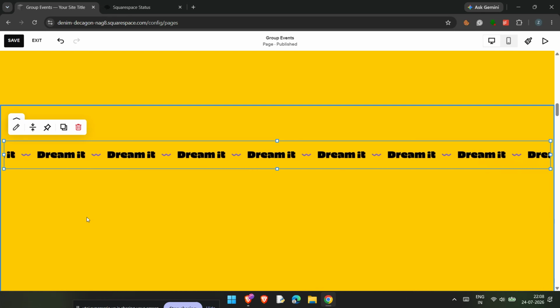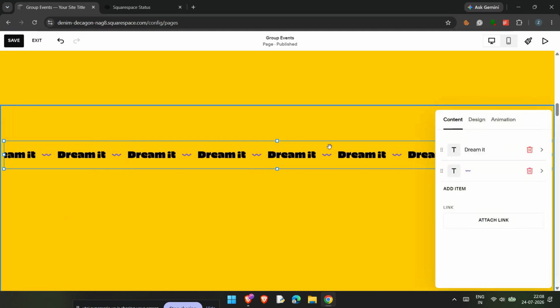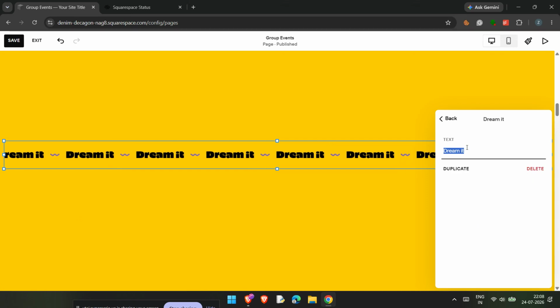After the block appears, double-click it to open the customization settings. This is where you'll add the content and control how the scrolling text behaves. In the text field, type the words you want to scroll across the page. You can use a promotional message, a call-out, an announcement, a brand statement, or any short line of text you